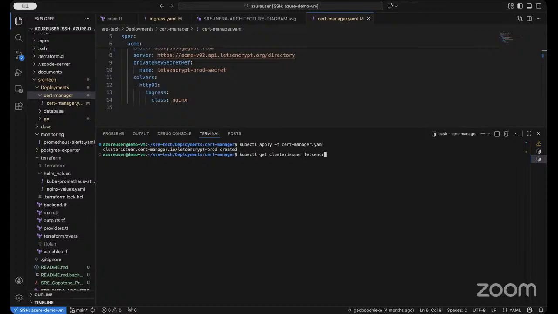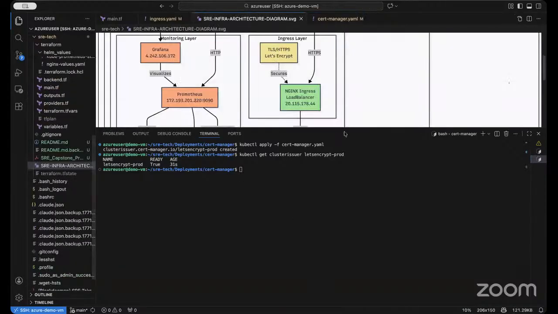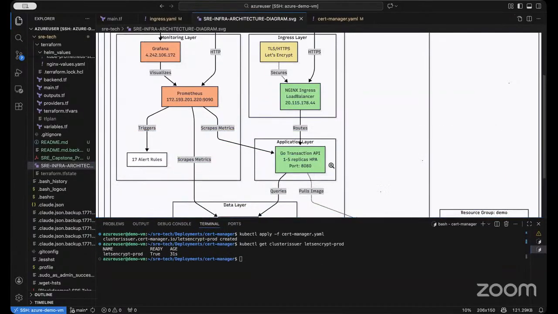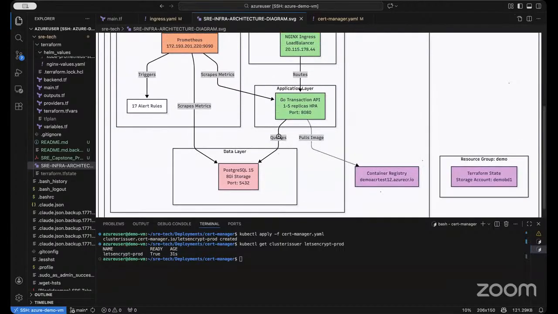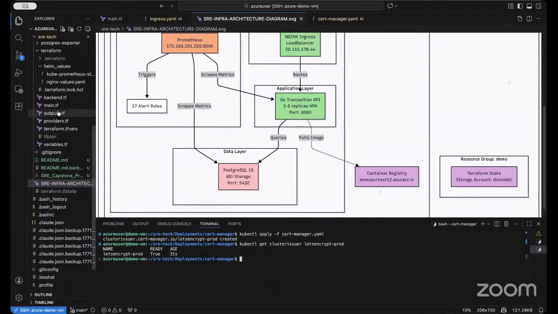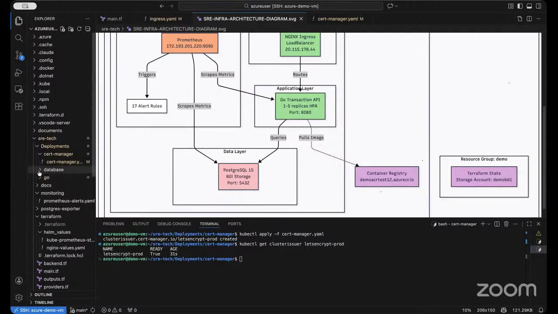Let's encrypt. Okay, so the pod is up and running, as you can see here, right? Now, let's try to go to our DB layer, and then once this is ready, we'll configure everything with our Kubernetes artifacts. So we'll just quickly try to have this part also ready, which will take us to this one,